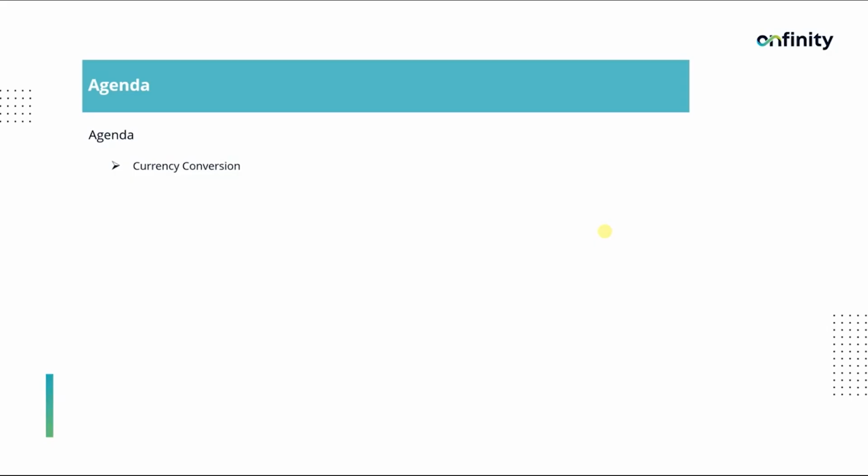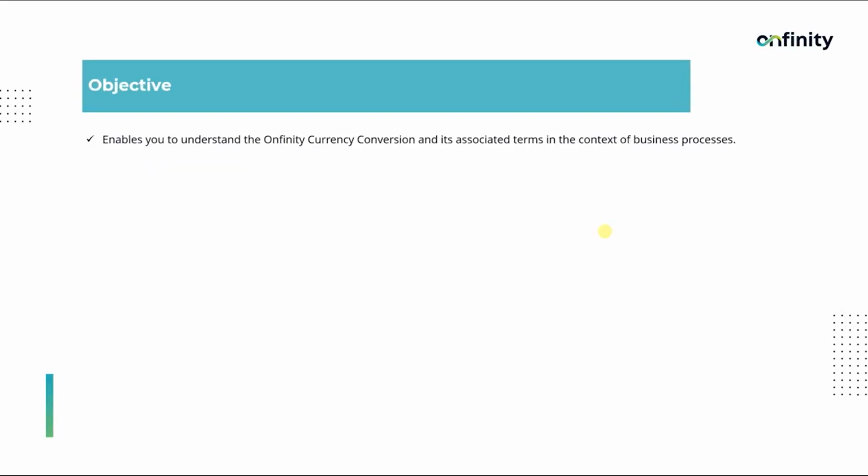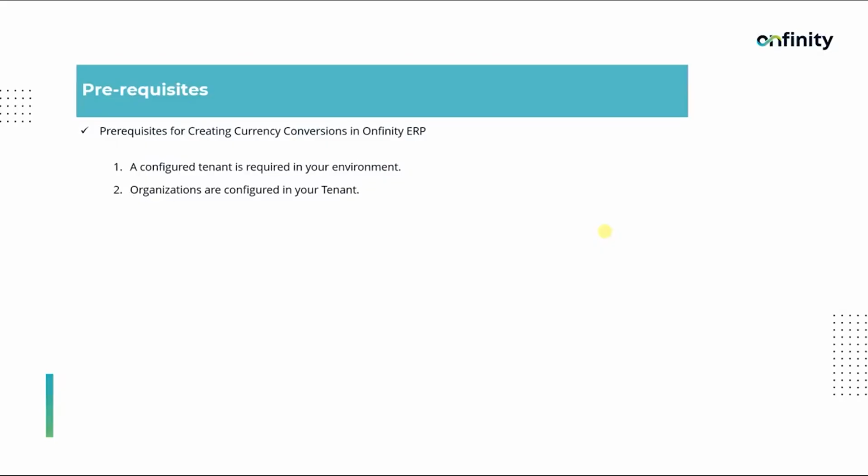The agenda is to go through the process of currency conversion and how it functions within the system. The objective is to help understand the Onfinity currency conversion feature and the related terms within the context of business processes. The prerequisites are to ensure a configured tenant is available in the environment, and that organizations are already set